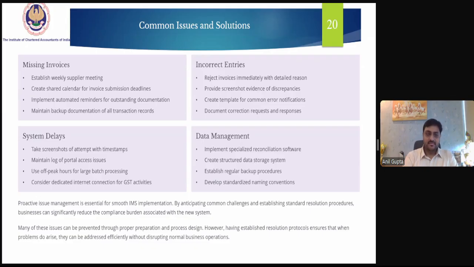System delays. If there is a system delay due to introduction of IMS, take screenshot of attempts with stamps, timestamps. Maintain logbook of portal access issues. Avoid peak hours for large batch processing. Consider dedicated internet connection for GST activities.